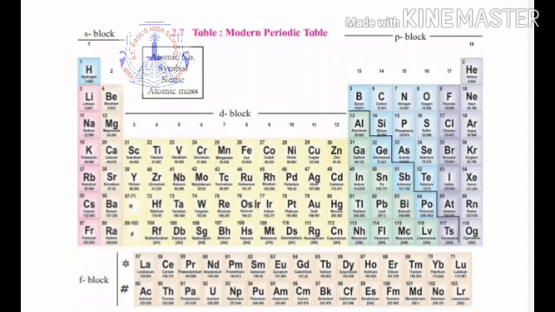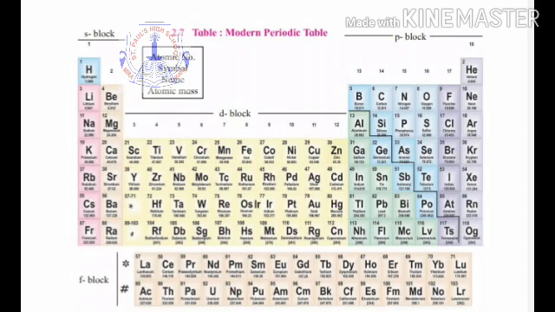So these two from the 6th and the 7th period, this green and the red box, these two we place separately down at the bottom of the periodic table, and we made an F block of these two series, that is the lanthanide series and the actinide series. So in this way you find that in this periodic table he had given position to all the elements.